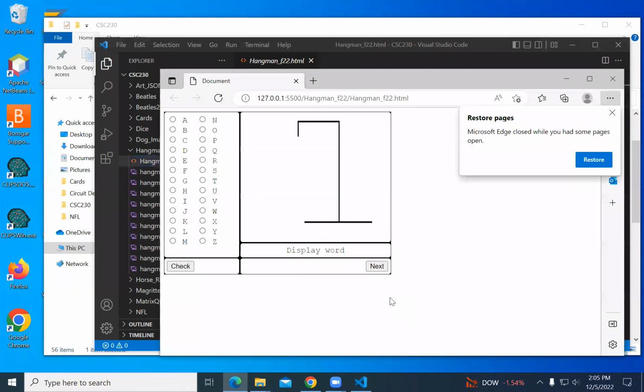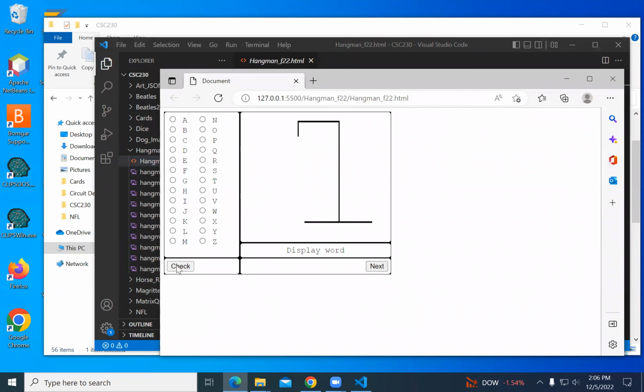So I designed the basic page with all the radio buttons and have an image place to display the word the person's supposed to guess, a button for checking letters, and a next for moving on to the next word.